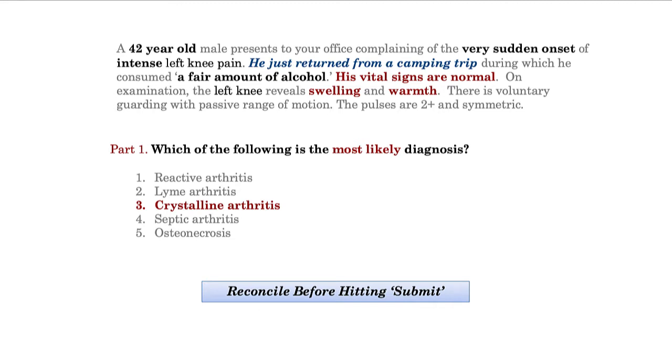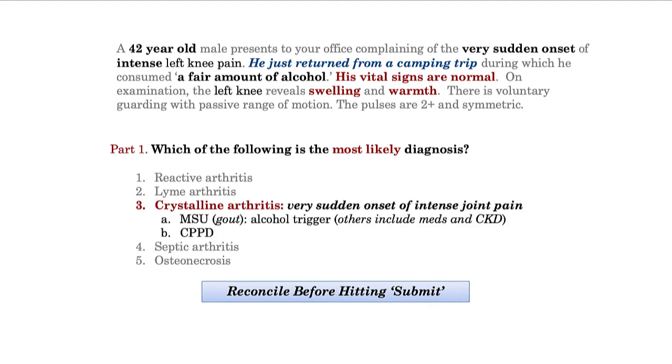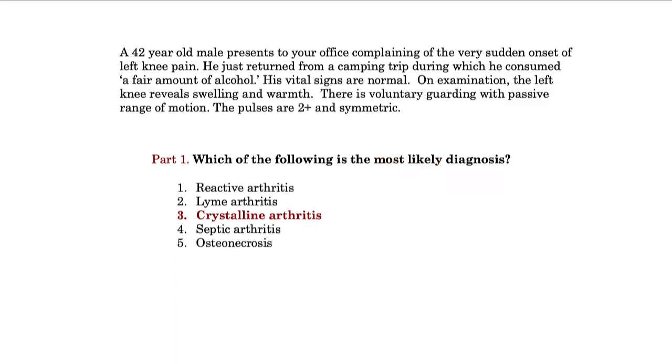I include my golden rule of reconciling answer choices before hitting the submit button. That means let's determine if it checks off all the boxes, or are there pieces of information that don't fit with the diagnosis. So let me first remind you that crystalline arthritis comprises 2 conditions, monosodium urate crystal deposition and calcium pyrophosphate crystal deposition. Both present with a sudden onset of intense joint pain. I would suggest to you that monosodium urate crystal deposition, more commonly referred to as gout, is often presented with known triggers, such as alcohol or culprit medication use. And so whereas any of these can cause knee monoarthritis, the scenario best fits crystalline arthropathy,